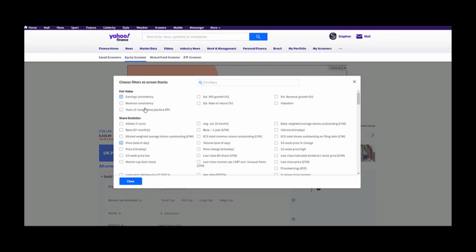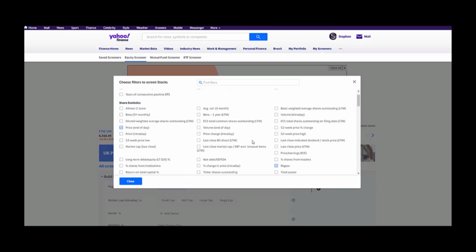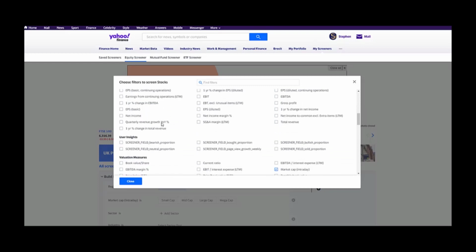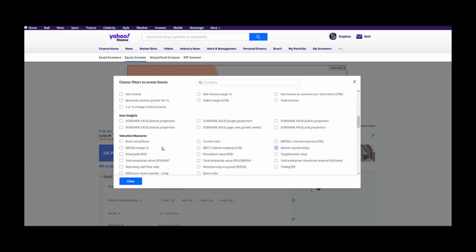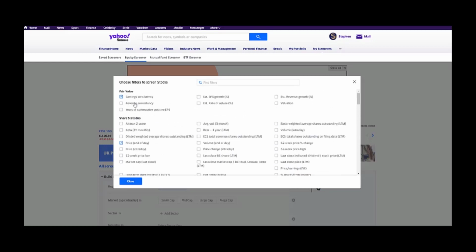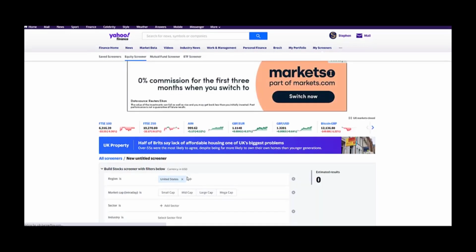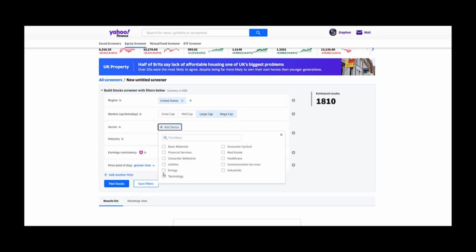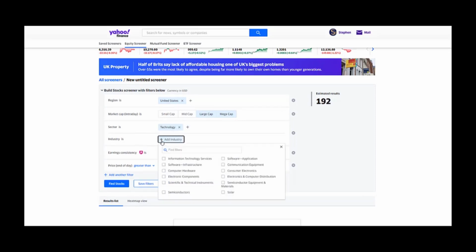And you can build up a great filter just using this Yahoo Finance. You've got earnings consistency, different types of earnings information, loads of share statistics. You can put on balance sheet, income, even insights and valuation methods to add to your filter. You could just do earnings consistency, you add that in, and you could then maybe just go for large cap and mega cap stocks. You might just want technology, and you can even drill down